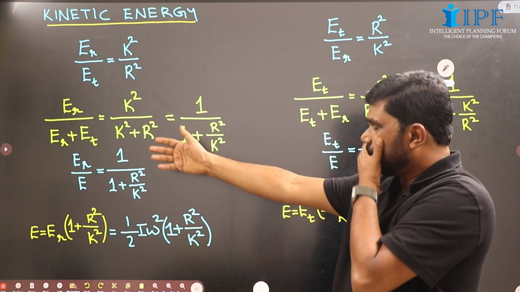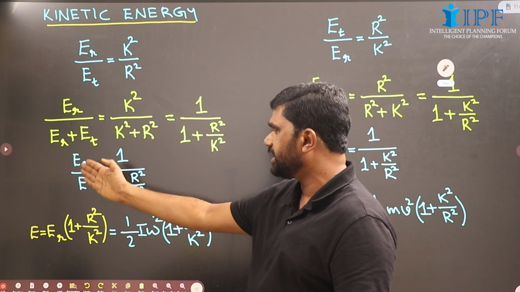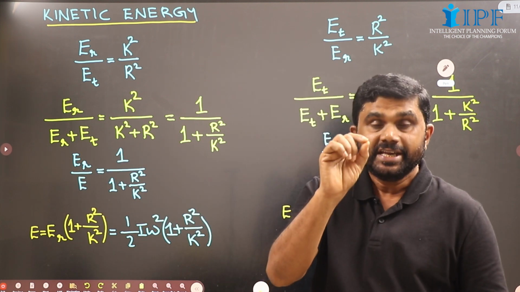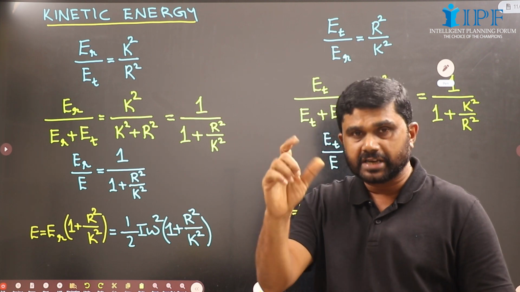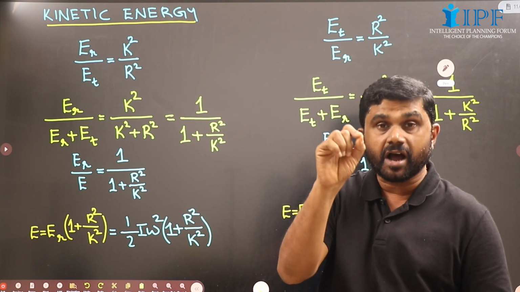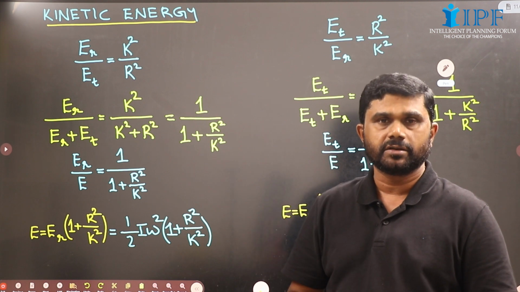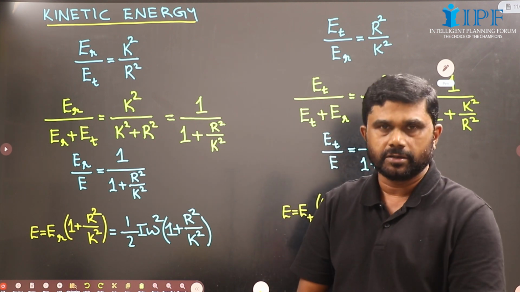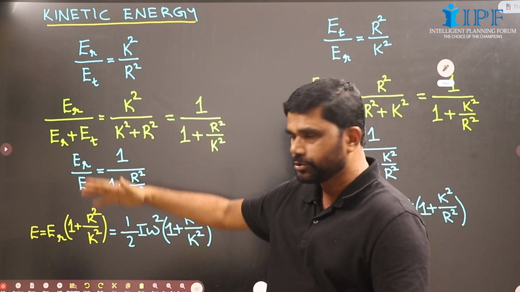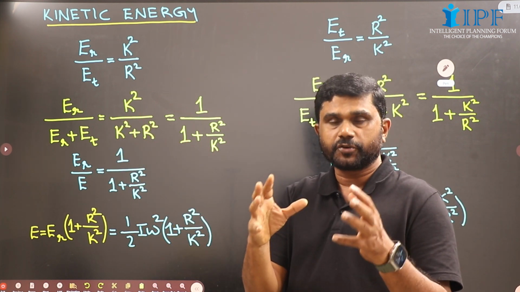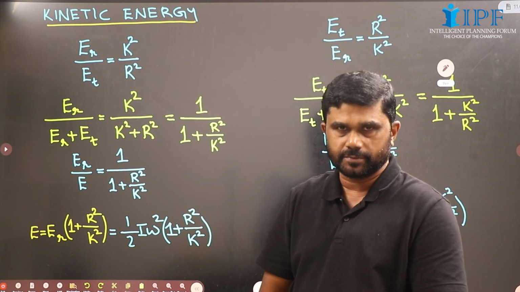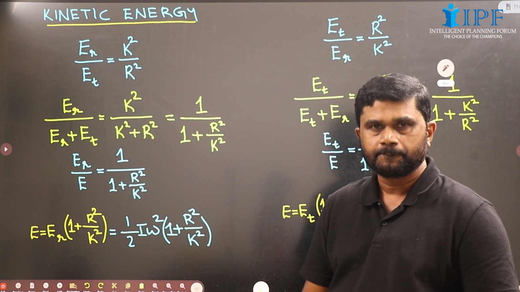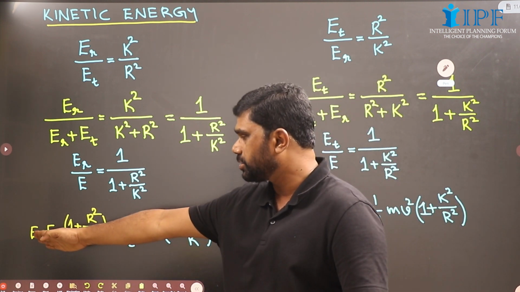Now see, we have rotational kinetic energy divided by total kinetic energy. E with the suffix T stands for translational, E with the suffix R stands for rotational, and simply E without any suffix represents total. So here, rotational by total means the fraction of total energy that is due to rotational motion. That is 1 divided by 1 plus R square by K square, and we have the total energy